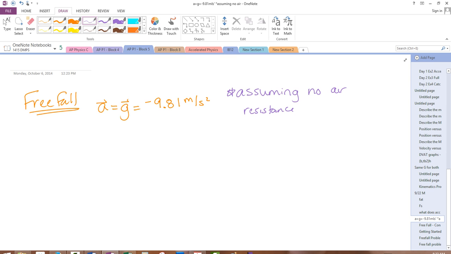But really, all objects will fall at the same rate. Really, what is it about the hammer that makes them fall at different